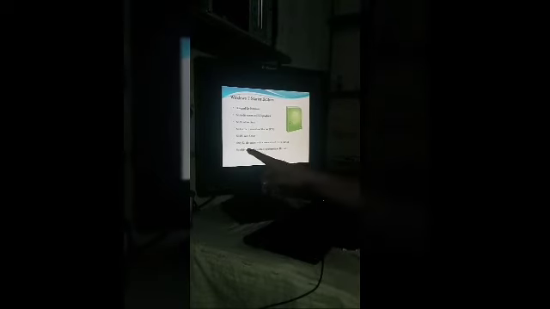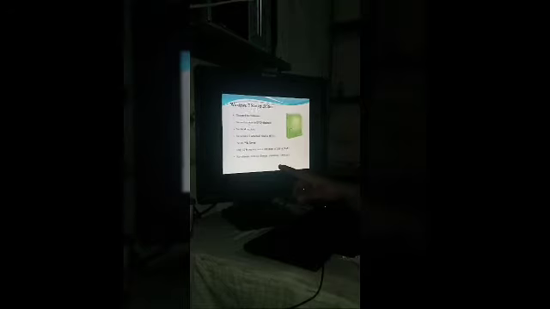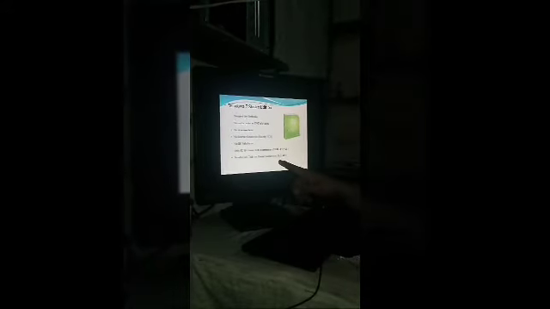Wala rin siyang IIS web server. At tumatakbo lang siya sa 32-bit version hanggang maximum ng 2GB RAM. Wala rin siyang Ultimate tech, e.g. domain connection and BitLocker. At next po natin is